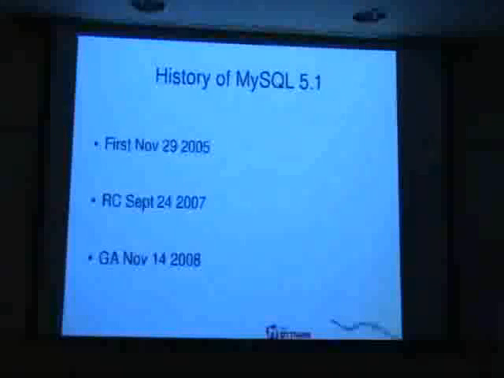The very first release was November 29th, 2005. The first release candidate was September 24th, 2007, so that's about 2 years of developer time. And then the very first GA was almost a year later. If you compare this with 5.0,